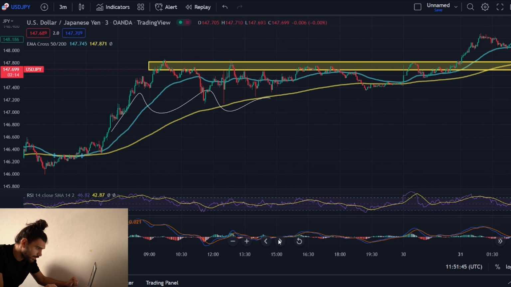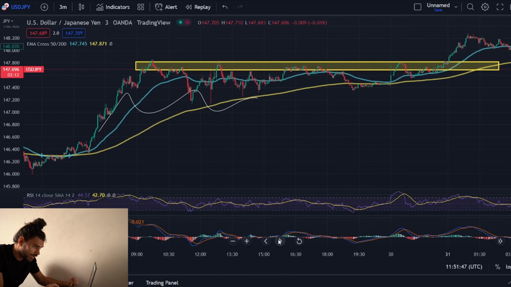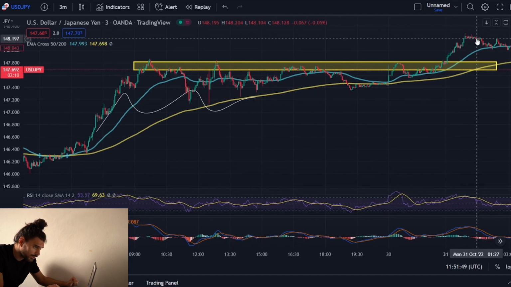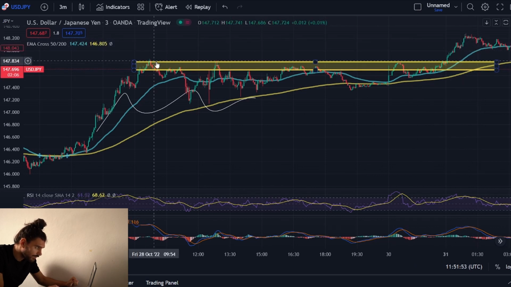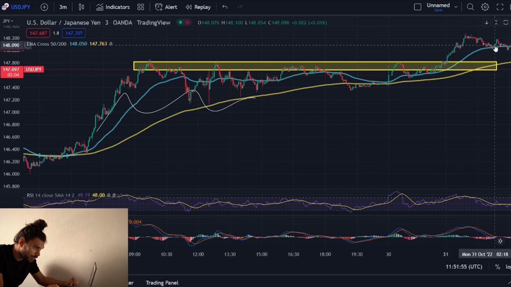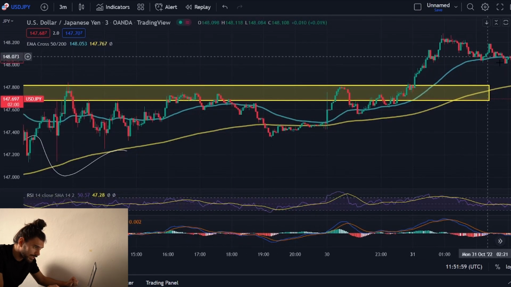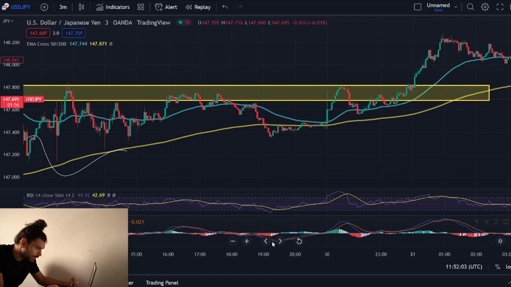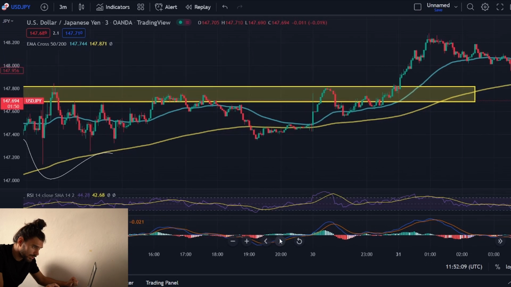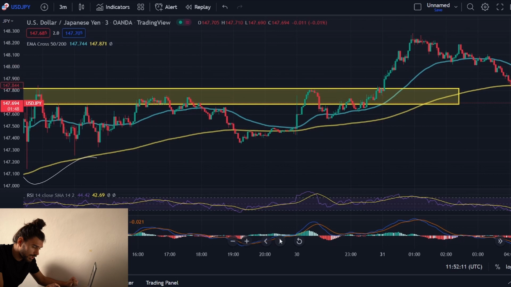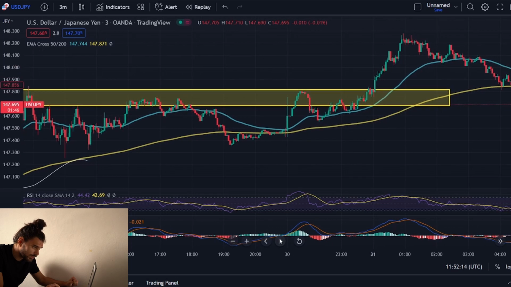So now if I let the market run, I can see we broke above the 200 EMA, with quite a bit of space left after this resistance area was broken. Now we are coming back to the 50 EMA. So here I can assume that the market will go slightly lower, and I'm waiting for the retest of this area. Now letting the market run, I can see the market is pushing to the downside,